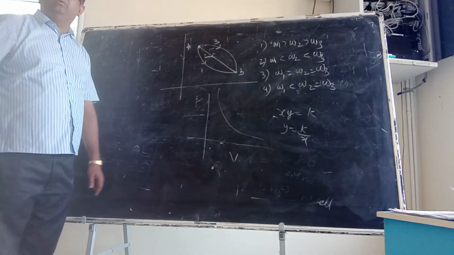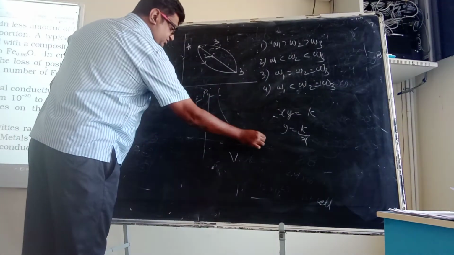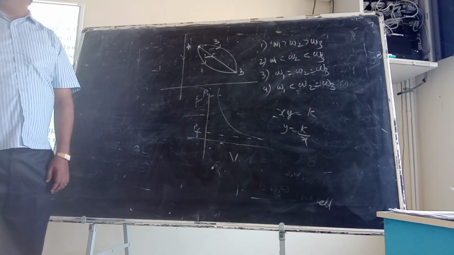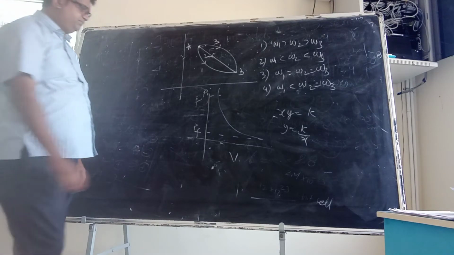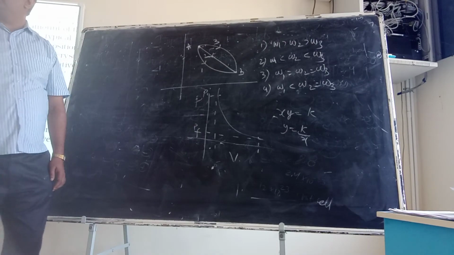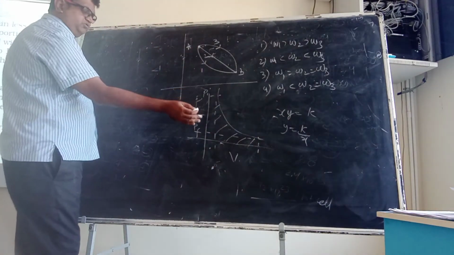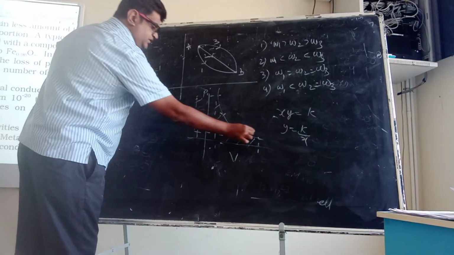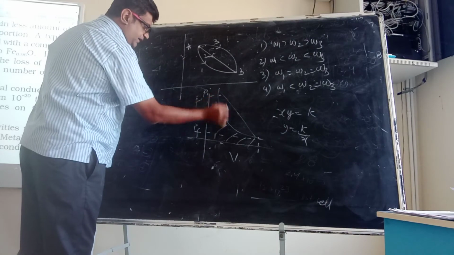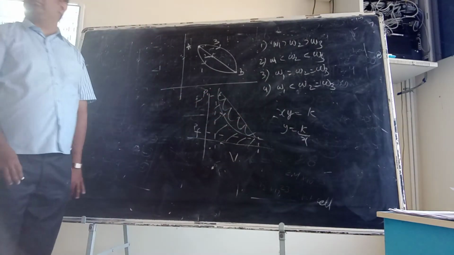Now if I ask you, this is my initial pressure and this is my final pressure. What is the area under the curve here? So this is the area under the curve. Suppose the backward process, this is the front process. Suppose the backward process was this, then what is the area? The area will be this and this also.